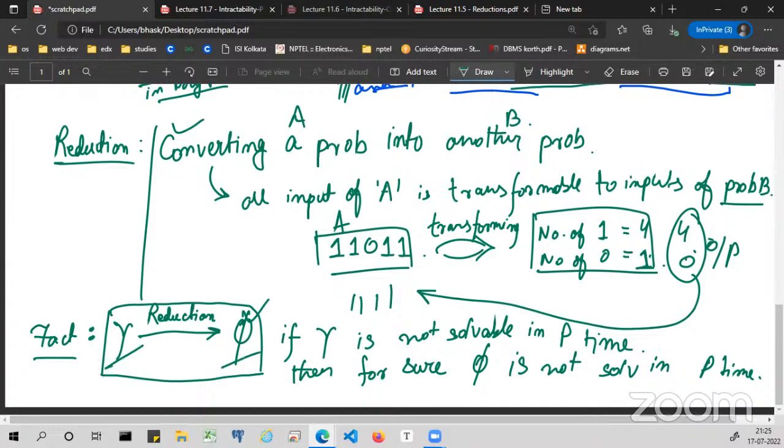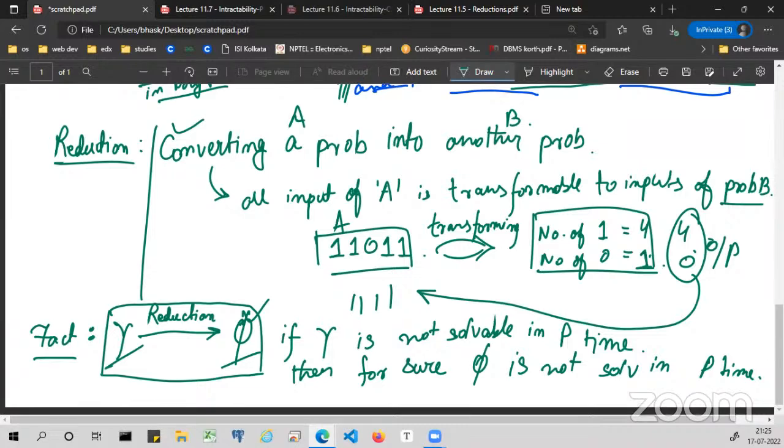So this is a statement, and please understand this statement is very important for this topic: when you reduce a problem into another problem, the problem to which you reduced, that problem is harder than the problem with which you started. Okay, now accordingly, if the problem where you reach, that is phi in this case,